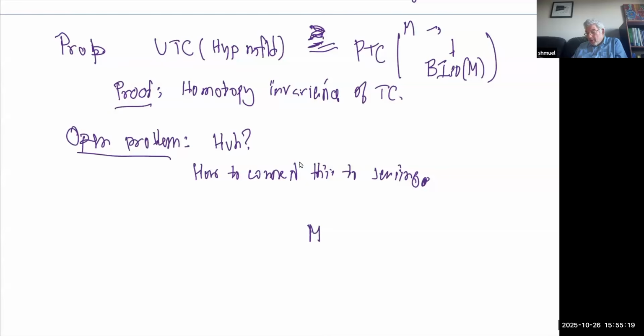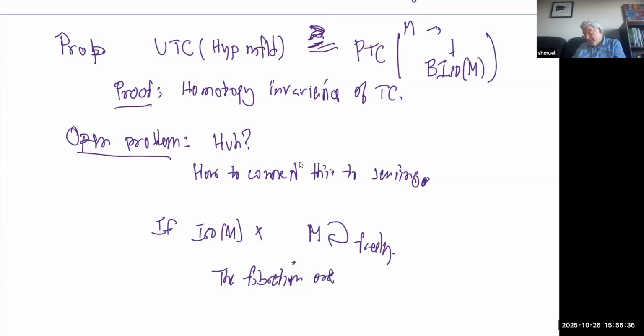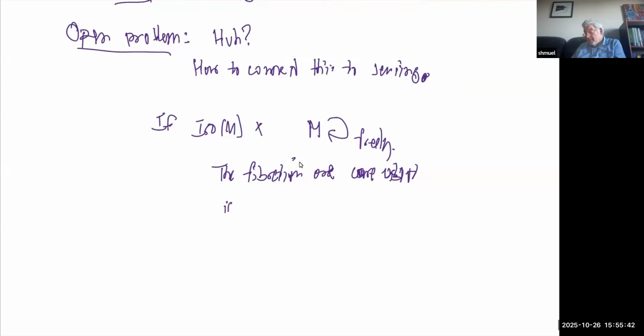following bundle. So if the isometry group of M acts freely on M, okay, then the fibration one cares about could be identified with M cross M mod G. Okay, this is a little tricky, but this is what the bundle ends up getting pulled back from. In the situation where the isometry group is acting freely, which, as you could see, this is a hyperbolic manifold